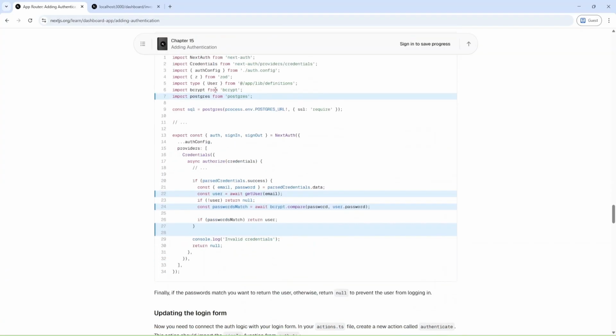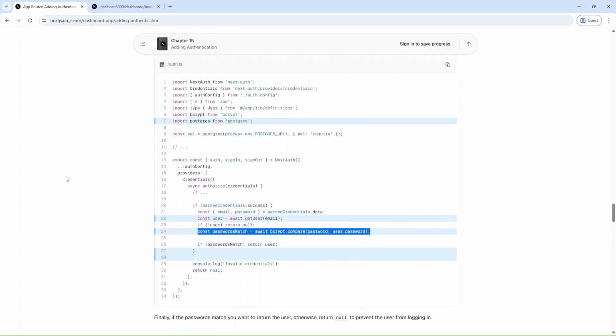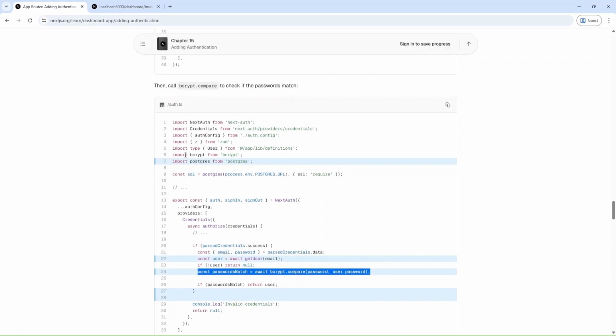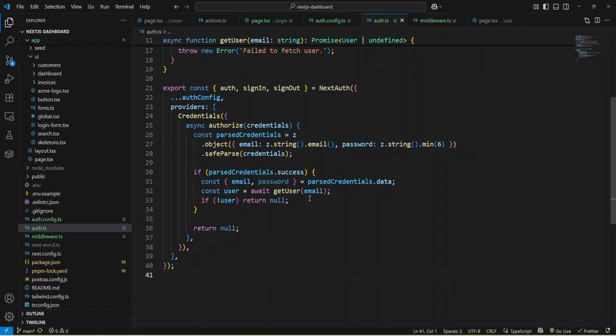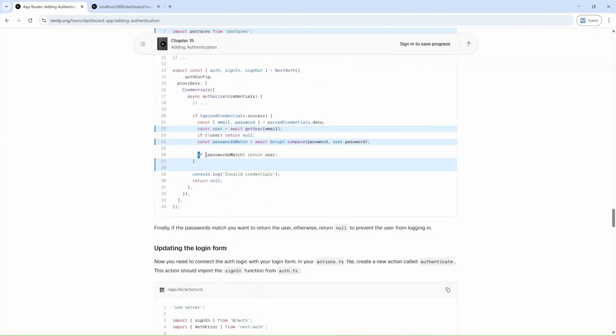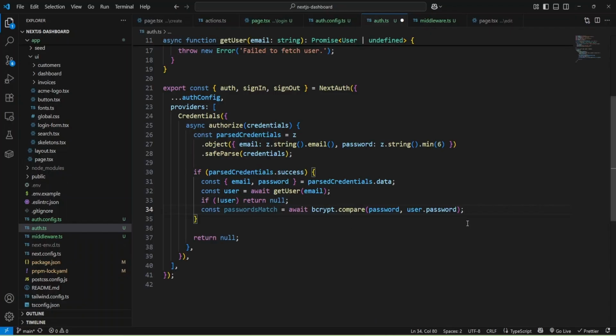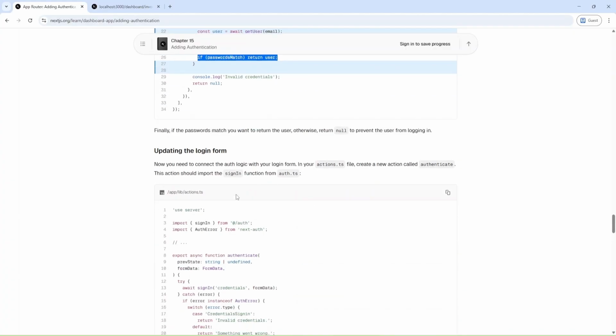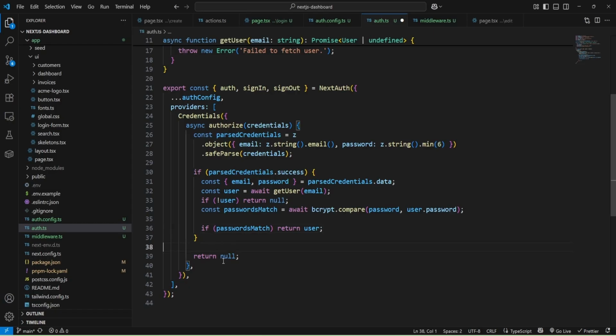Okay, and now we can add checks for password, that password match, and as you can see, they're using bcrypt probably, and I need to add it here, and also I need to return user if passwords match.